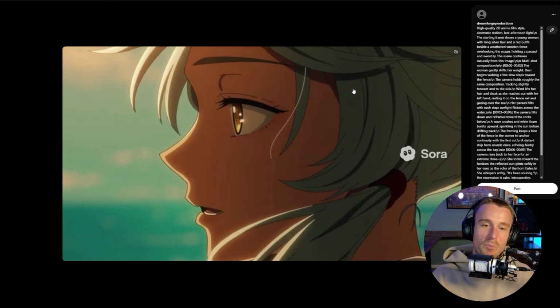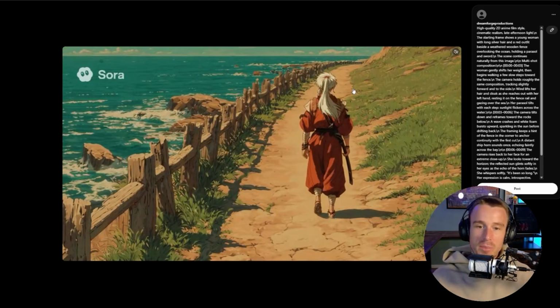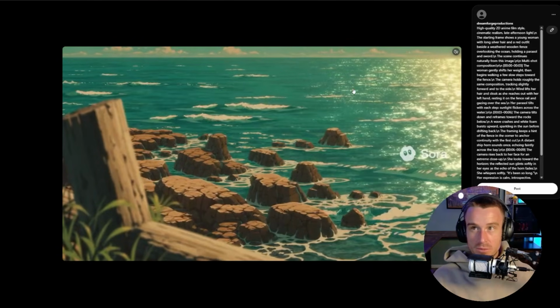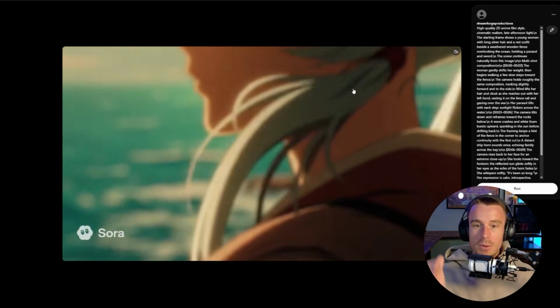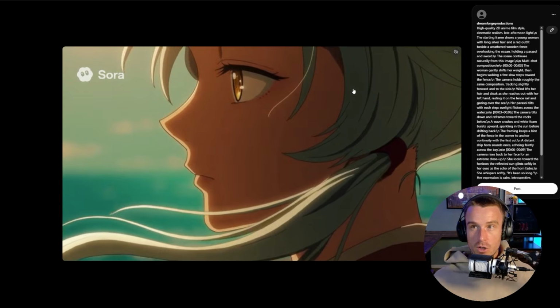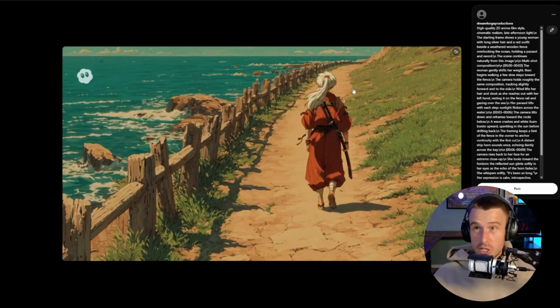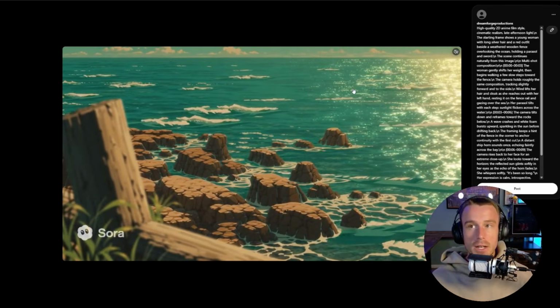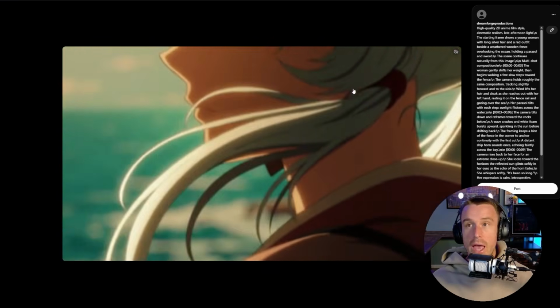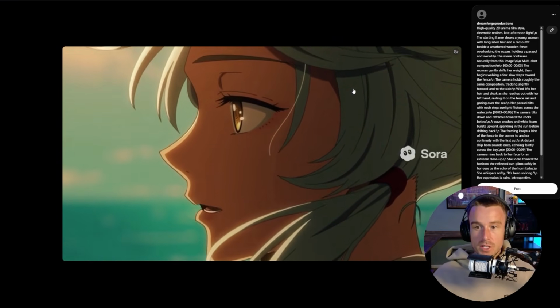If we see here the output of the video, we have her walking down the path like we asked for, our exact image. We had complete control over this entire prompt. We then get a shot of our ocean, and then she says our dialogue exactly. We also have that ship horn in the background. This is incredibly cool. This is what you would call complete control. We're using every single part of our 10